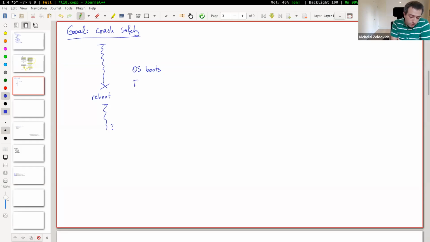It would be cool if your file system was intact in some form, like you could actually mount your file system. Even better is if your user data is still there, although this gets a little bit trickier. The OS boots, of course, you've got to boot the OS and be able to mount your file system. The user data being present,